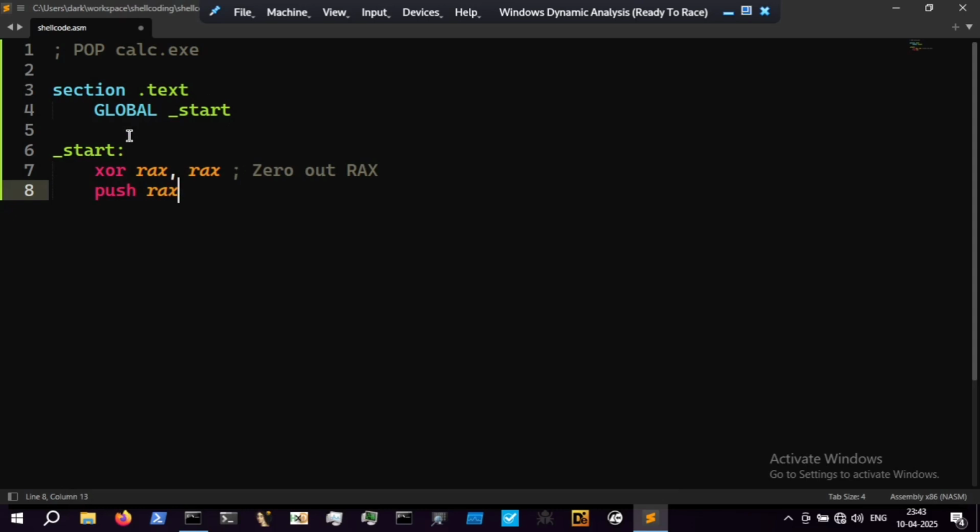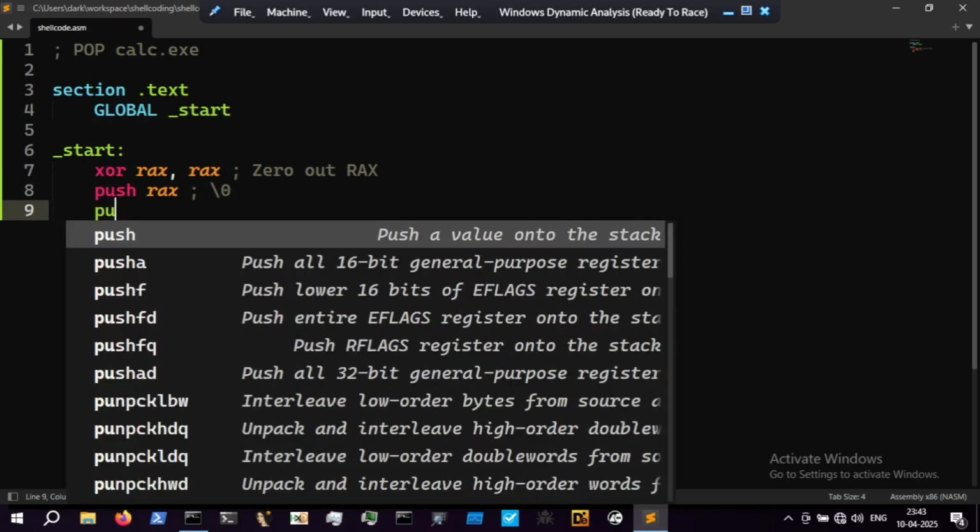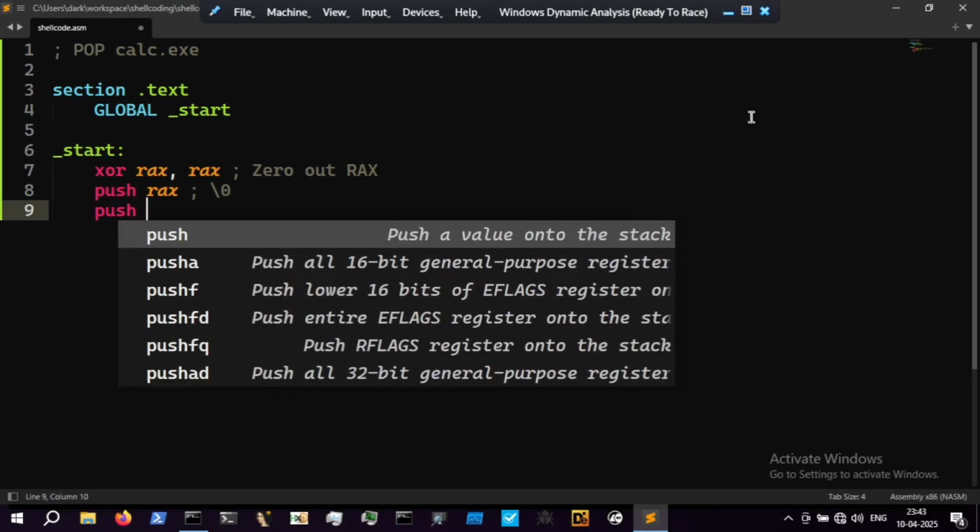Because in the next instruction we are going to push rax. That means push the value of rax, that is the backslash 0, which is the null terminator. And after that we are going to push